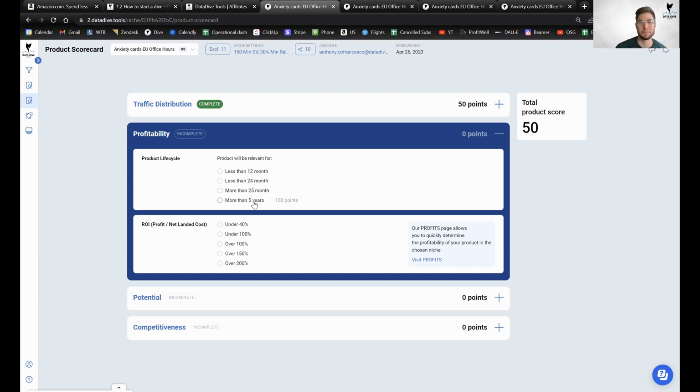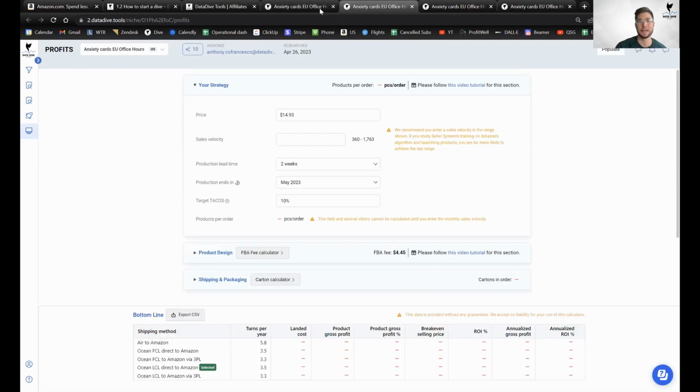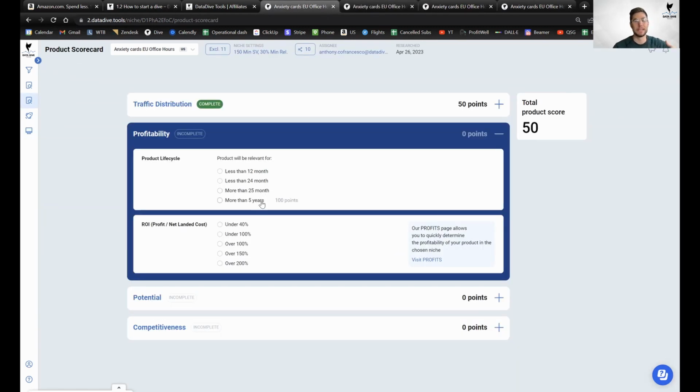I'm trying to think of a good example for this. But here's what I'm thinking about with these anxiety cards. I think like mental health, right? It's getting bigger and bigger. More and more people are talking about it. People are getting comfortable talking about it. So I think these anxiety cards, I don't think this is a fad. I don't think a year from now, no one's going to be talking about anxiety affirmations. Like obviously this stuff works. People are seeing it. It's going to get more and more